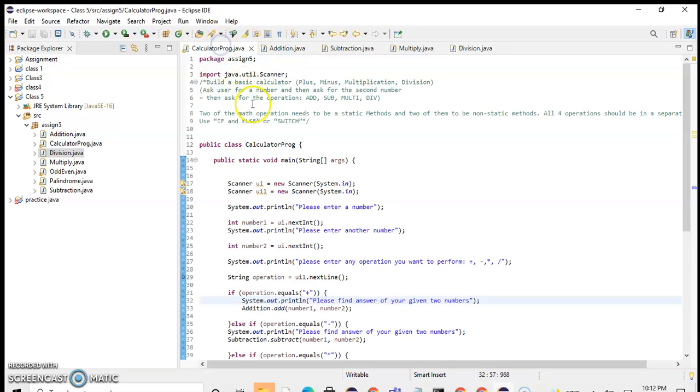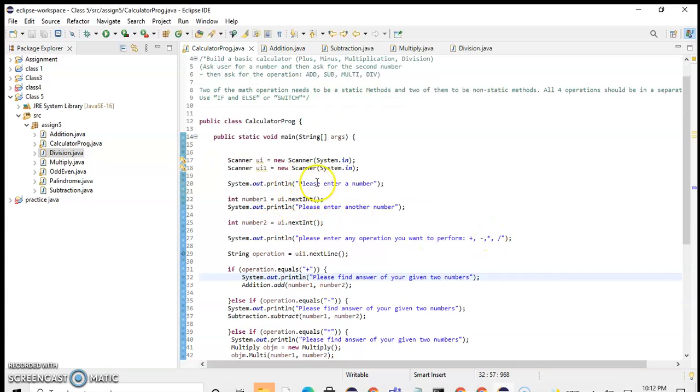Now I'm making two scanner objects, UI and UI1. Here I am asking the user to please enter a number. That integer will be stored in integer number1.